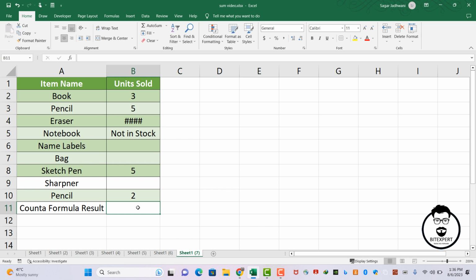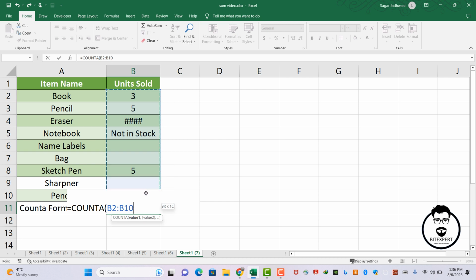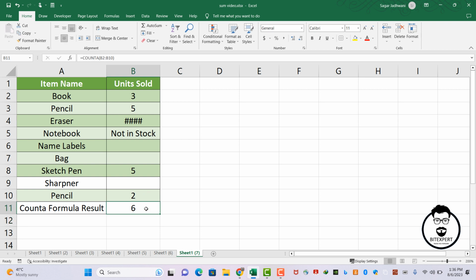So how do we write this formula? To write any formula in Excel, you will start with an equal to sign. So I will say COUNTA, and here as you can see it says that it counts the number of cells in a range that are not empty, right? So I'll press the Tab key here, then I have to select my range. My range will be from B2 until B10, and I'll close my bracket, and then when I press Enter you can see the result is 6. So there are 6 cells that contain a value. Basically it can be any value,